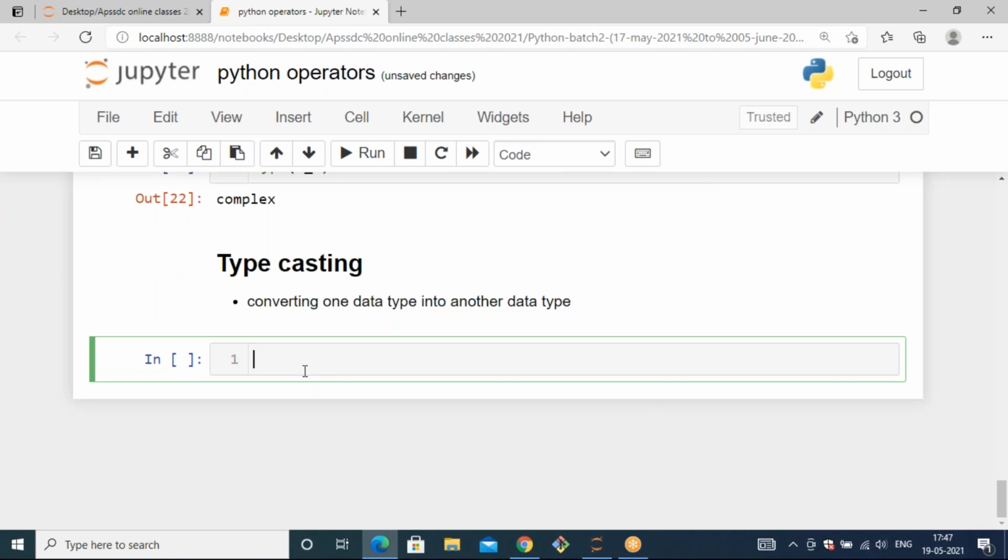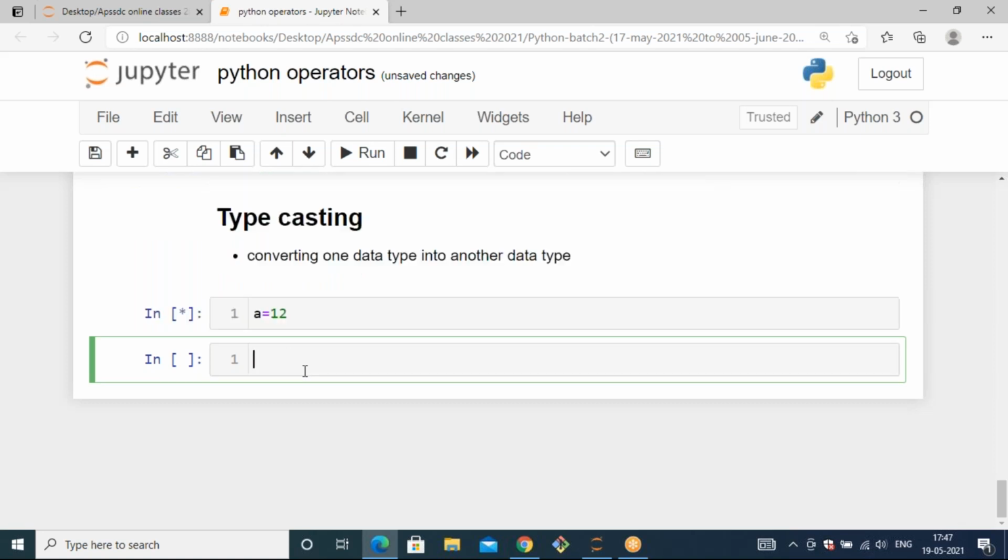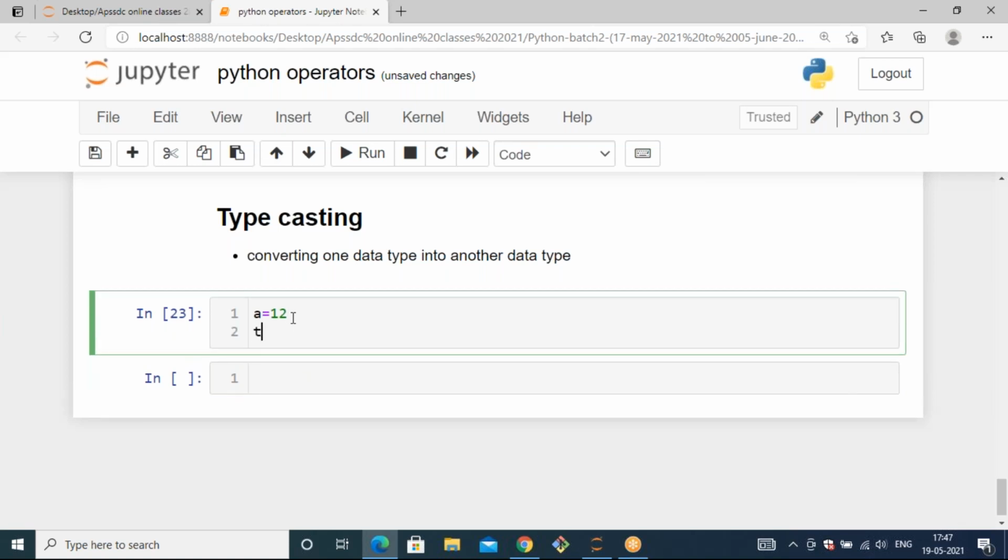Yes. Now let's take one example. Again, I'm going to take a variable, let's take some other variable. a equals 12, an integer, and I need to convert this 12 into floating point. Before that I need to find out the type of a.